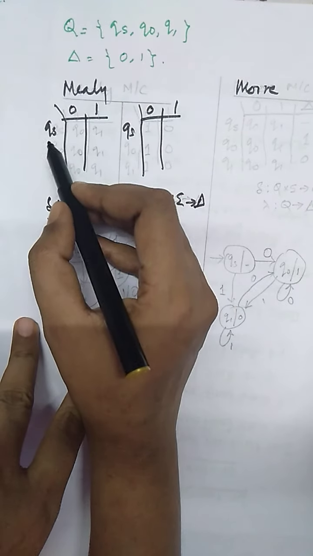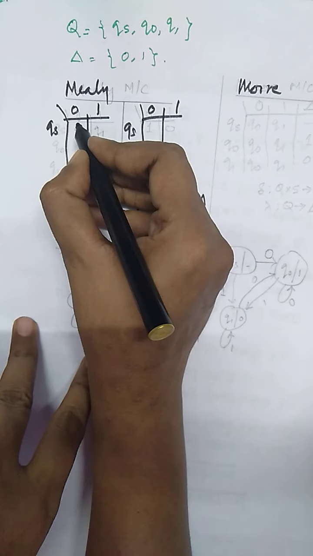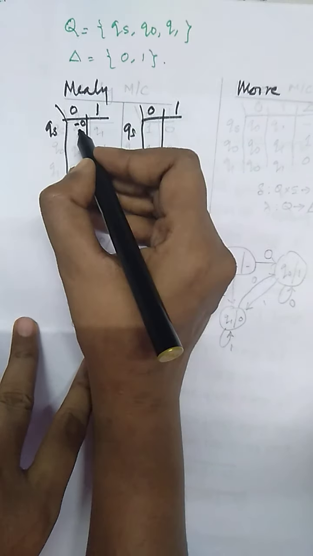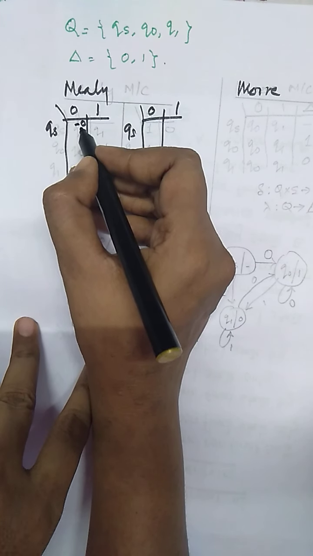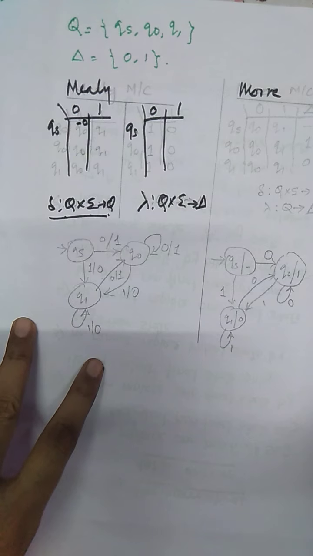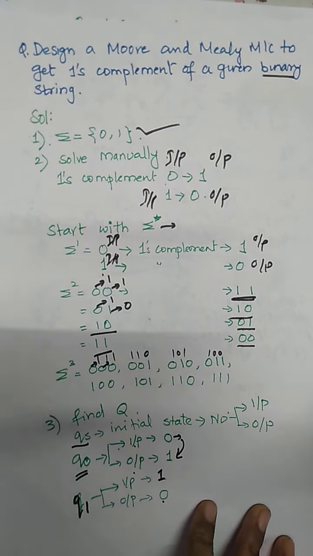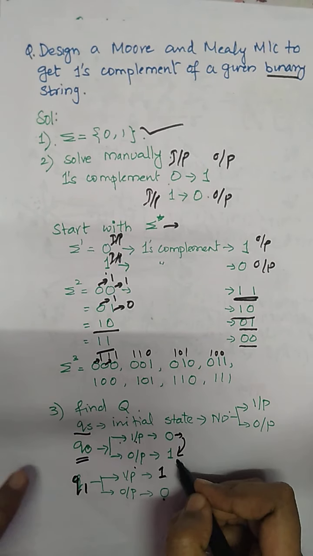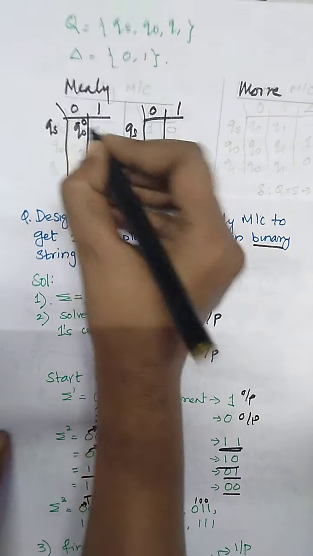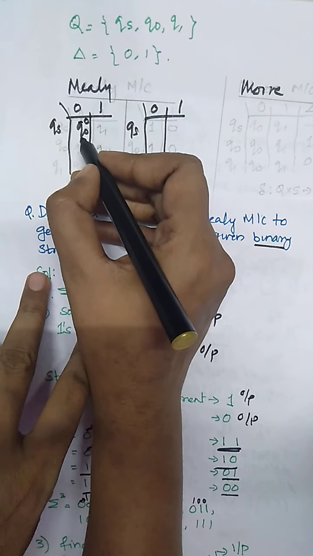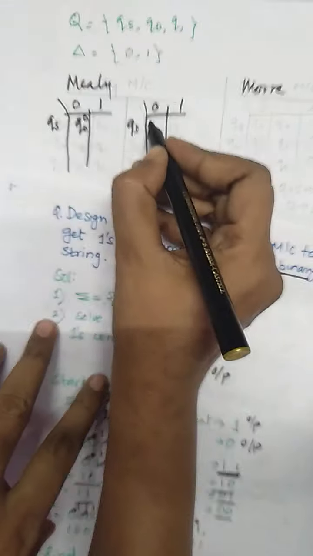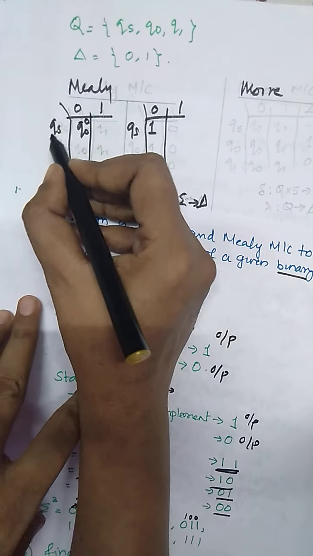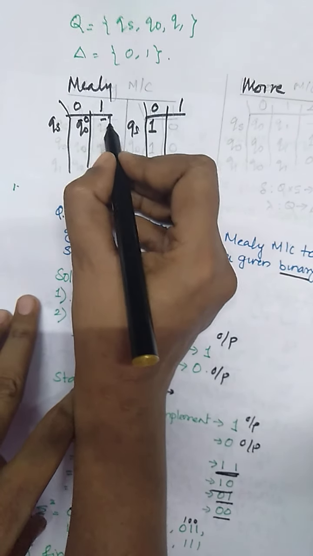Now what is qs? It is nothing. So qs is nothing, with the next bit as 0, will create the new string 0. If it is 0, the output will be 1. That condition we had marked as the state q0. So the input is 0, output is 1, that is marked by state q0, so it is going to state q0. Now what is the output of q0? That we had already marked. Output of q0 is 1, so we are writing 1 here. The input is qs. Qs is nothing, with the next bit as 1.